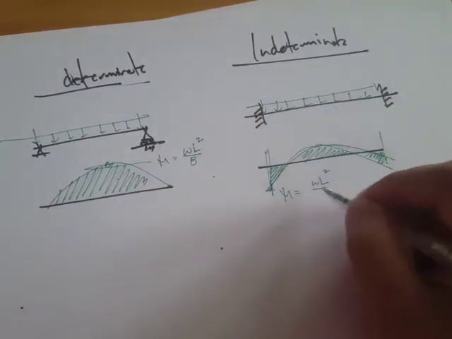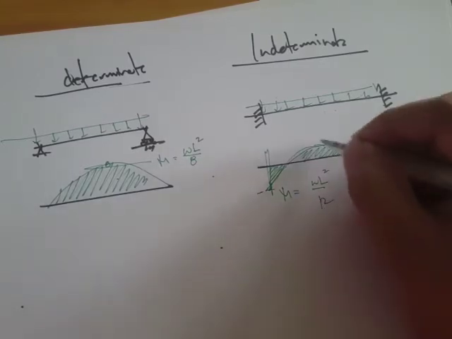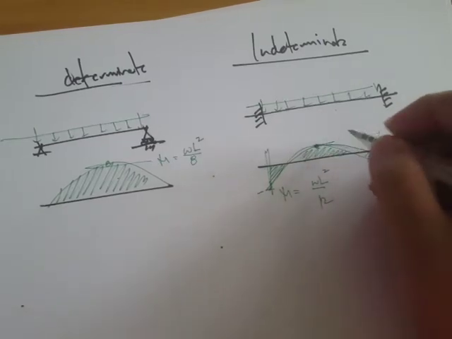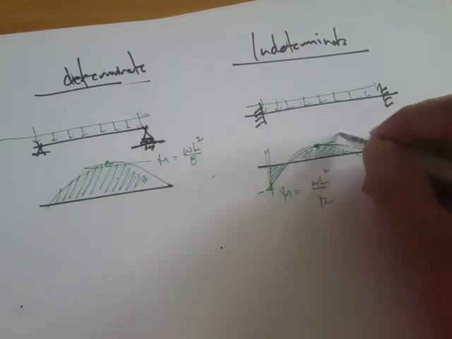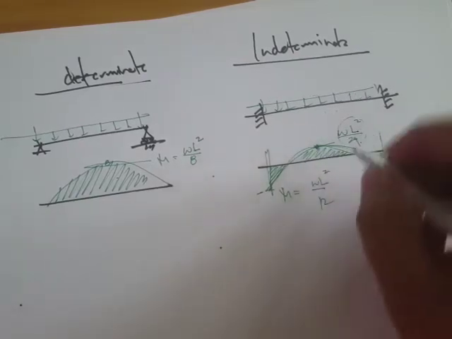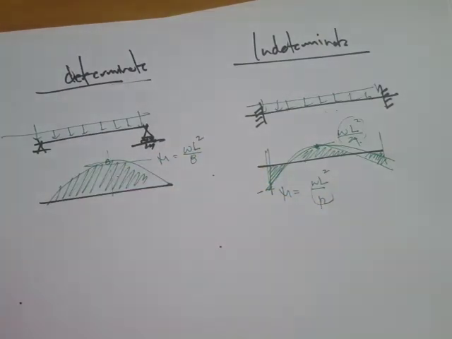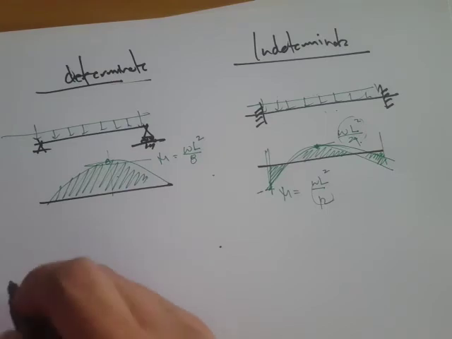Whereas here, we have negative WL squared over 12. Whereas this one, the value would be WL squared over 24. Okay, so meaning that for the stress,